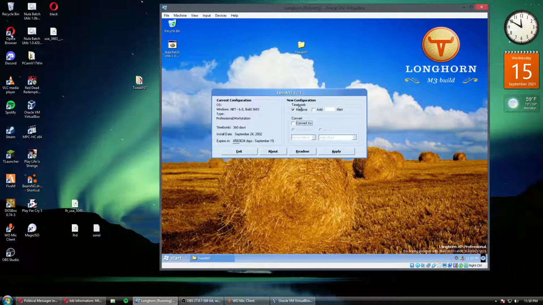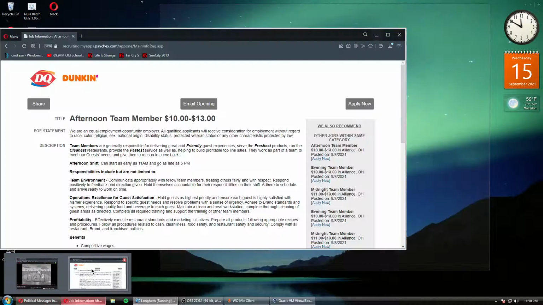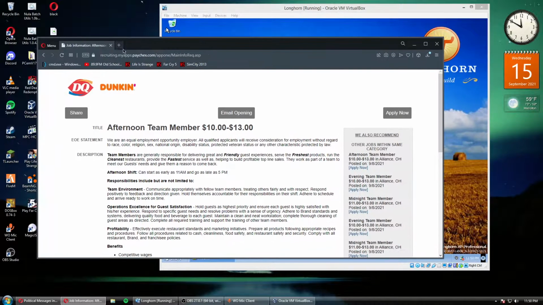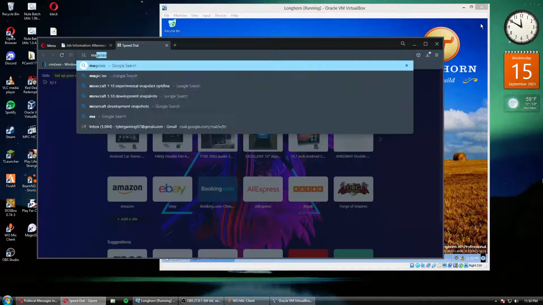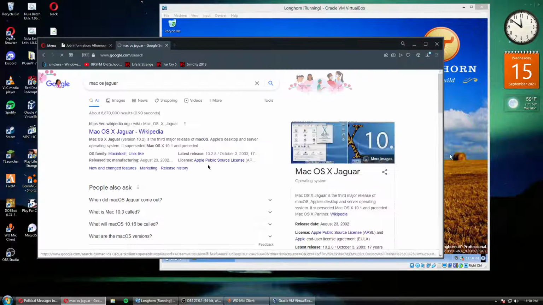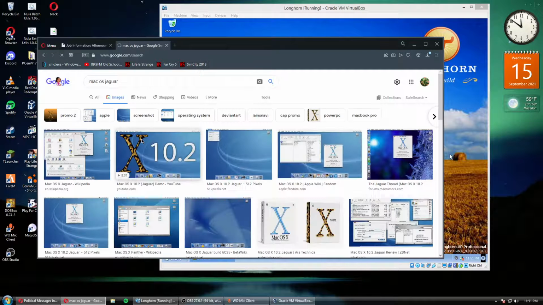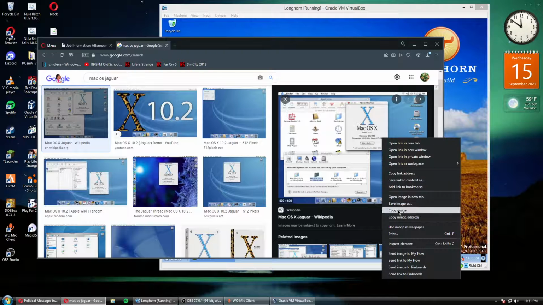polished turd that's totally not copying Apple's Aqua theme of the time. Which, I mean, that just popped in my head. You'll get to see where I might be applying to. Alright. Mac OS Jaguar. This should be 10.1, yeah? I guess this was 10.2. But we can see